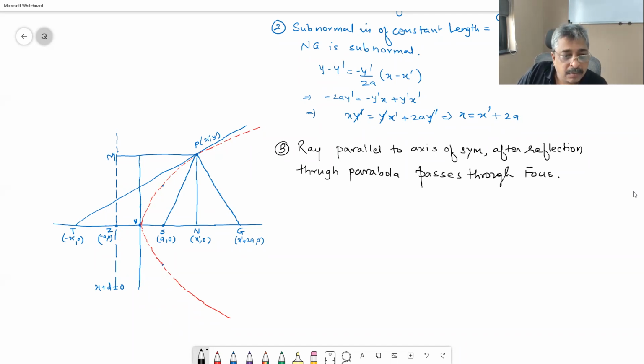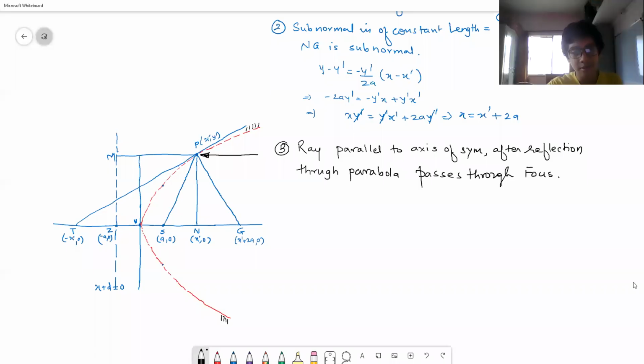Okay, let me explain. Of course, you are not supposed to put the ray from outside the parabola. You are supposed to put your ray like this. This is your ray. Suppose it hits point P on the parabola, and the parabola is a mirror, a mirror from the inside. Then every ray which comes parallel to the x-axis hits the parabola at whatever point, gets reflected and passes through the focus. That is what a parabola is.